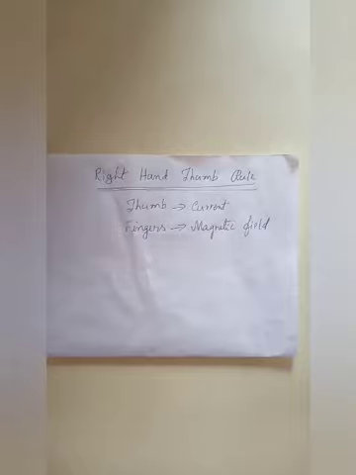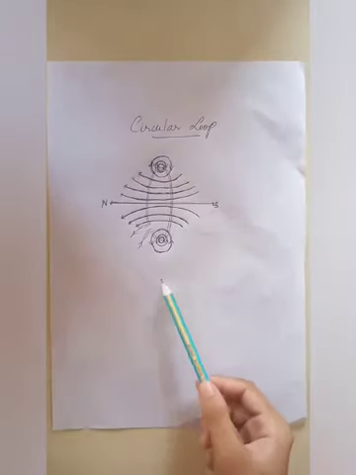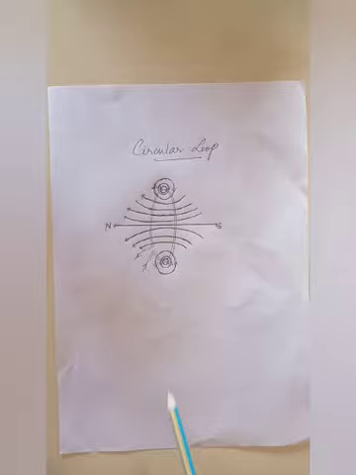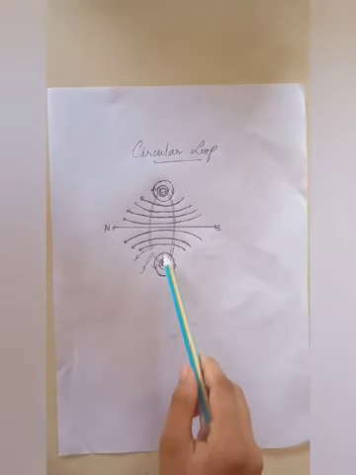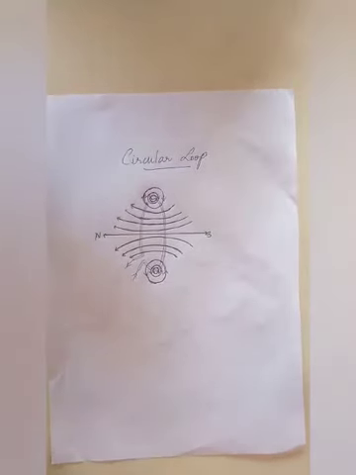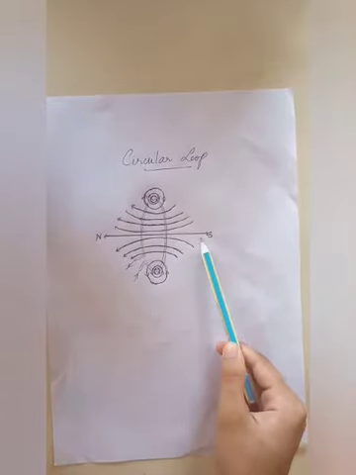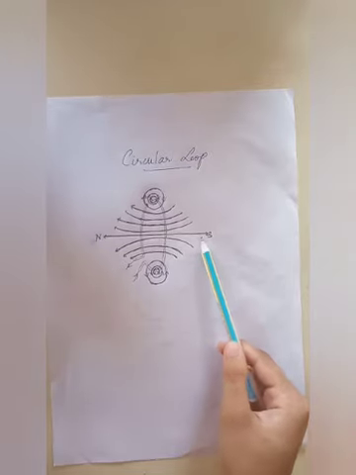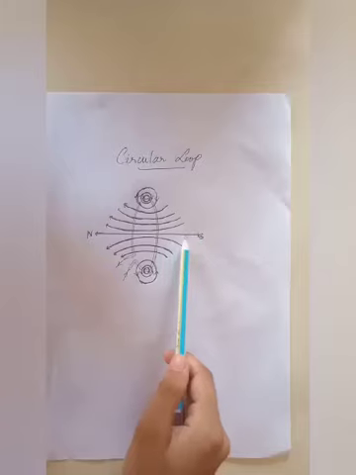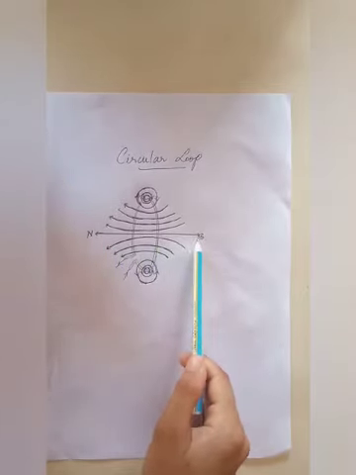Learn this definition. Magnetic field due to a current through a circular loop. You can see a circular loop in the figure. Look at the magnetic field lines. Students, look at the field lines. Look at their shape. Students, observe the figure. At the center of the loop, the magnetic field lines appear as straight lines.